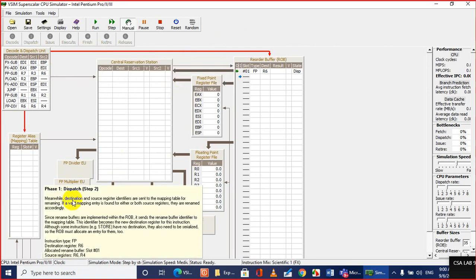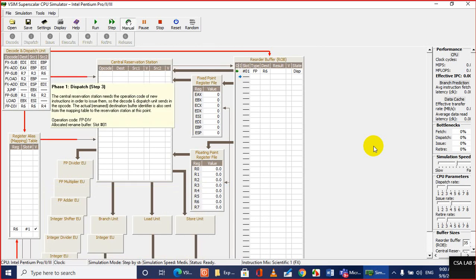After that, phase 1, dispatch step 2. So it has the explanation through animation, and through description of what is happening inside. As you take a tour inside the CPU, you will get a very good idea about the operation of this complex modern CPU.